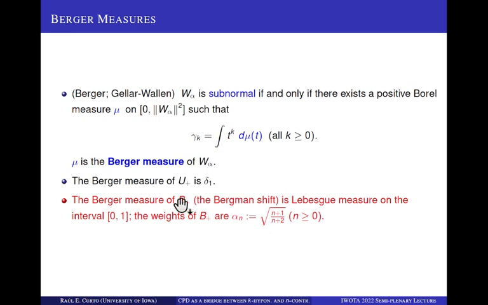The Berger measure of the unilateral shift is delta 1. The Berger measure of the Bergman shift is Lebesgue measure on the interval [0, 1], and the weights are given like this. Okay, so